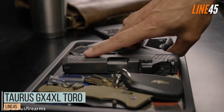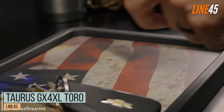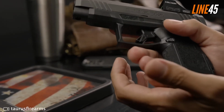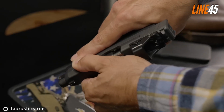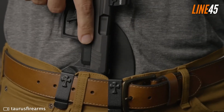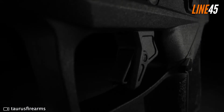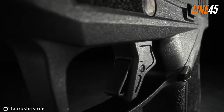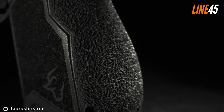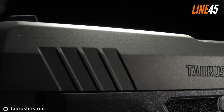Taurus GX4XL Toro. The Taurus GX4XL Toro isn't just your ordinary semi-automatic self-defense pistol. Arguably, it's one of the best high-capacity micro-compact guns for concealed carry that you can get right now. It was developed by Taurus to compete against the Sig P365, and boy, it did prove itself to be a worthy, affordable contender. To make things easy, the Taurus GX4XL Toro has all the features of the previous GX4 of Taurus,